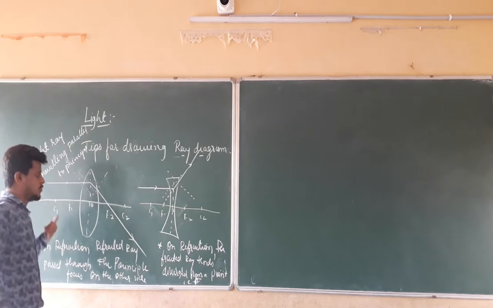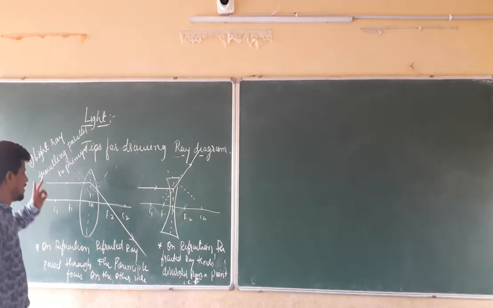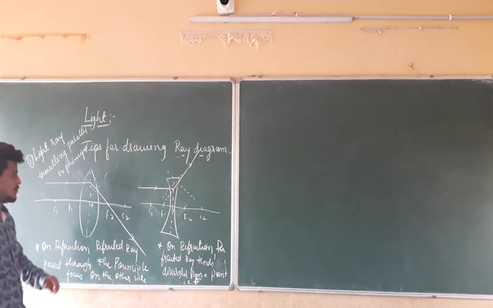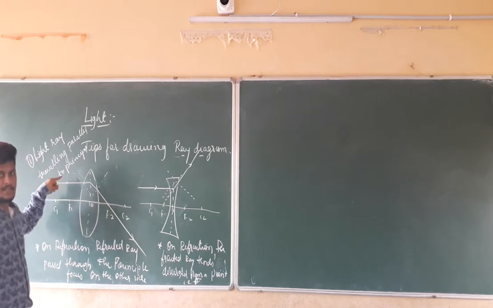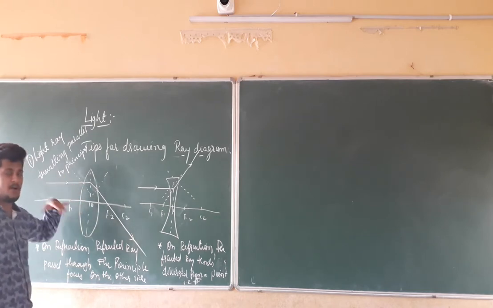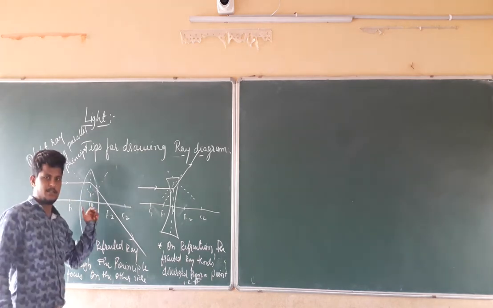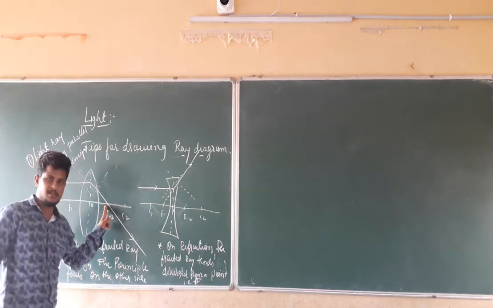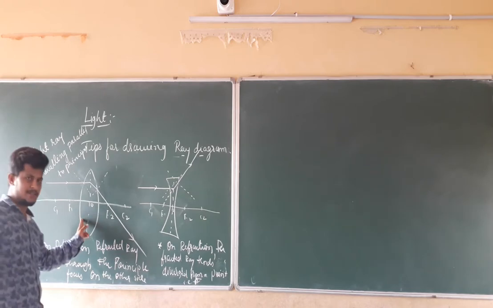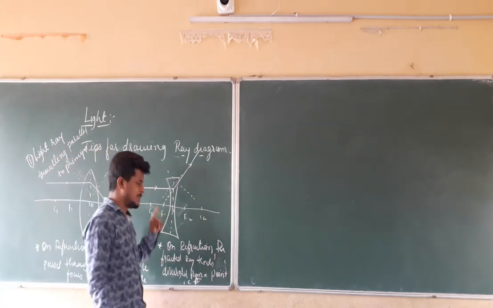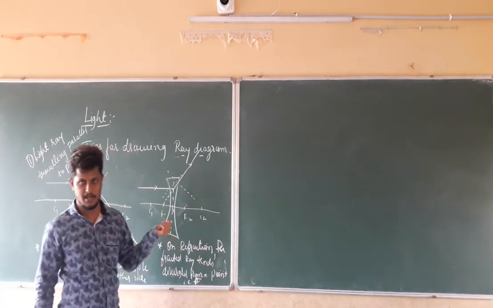When you are trying to draw a ray diagram, we have to take at least two rays. The first ray should be the one traveling parallel to the principal axis. What will happen to that after the refraction? You should remember it is going to bend towards the normal and pass through the principal focus in the case of a convex lens. It tends to diverge from the principal focus in the case of a concave lens.